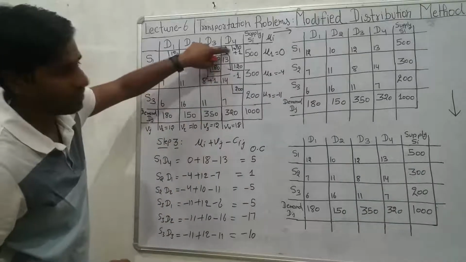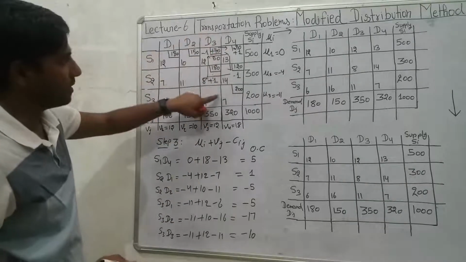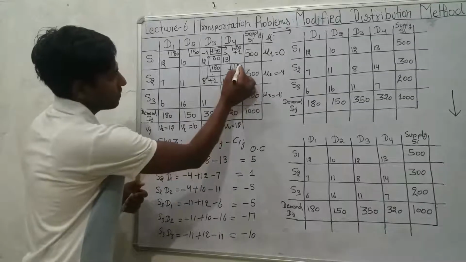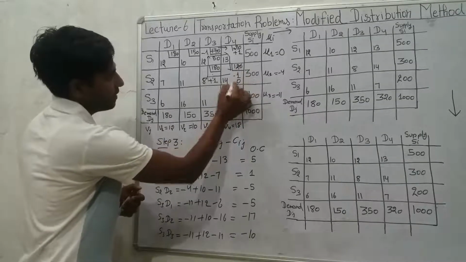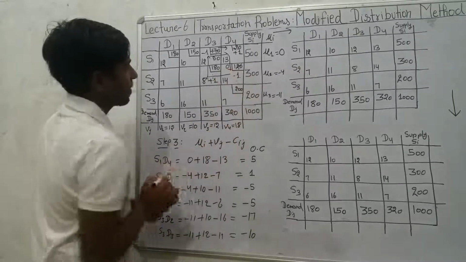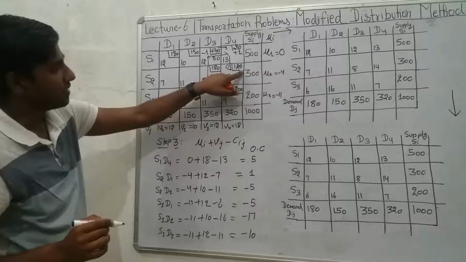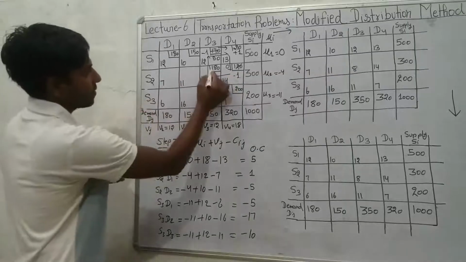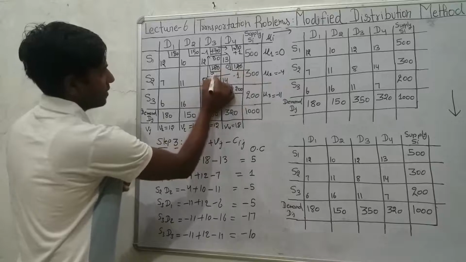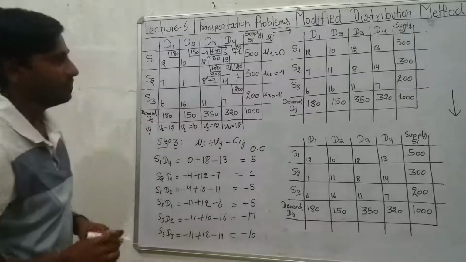And to balance it out, to satisfy the rim requirements, what are we going to do? We are taking away 120 units from this cell. It means the remaining amount will be 0 here. And we are going to transfer these units to this cell. So how many units would be there? 180 plus 120, 300. So it is our improved solution.